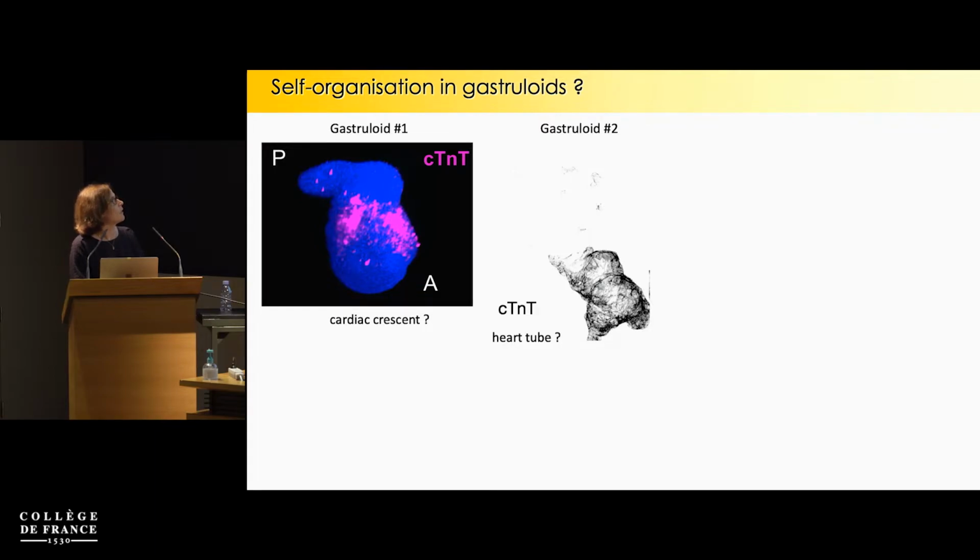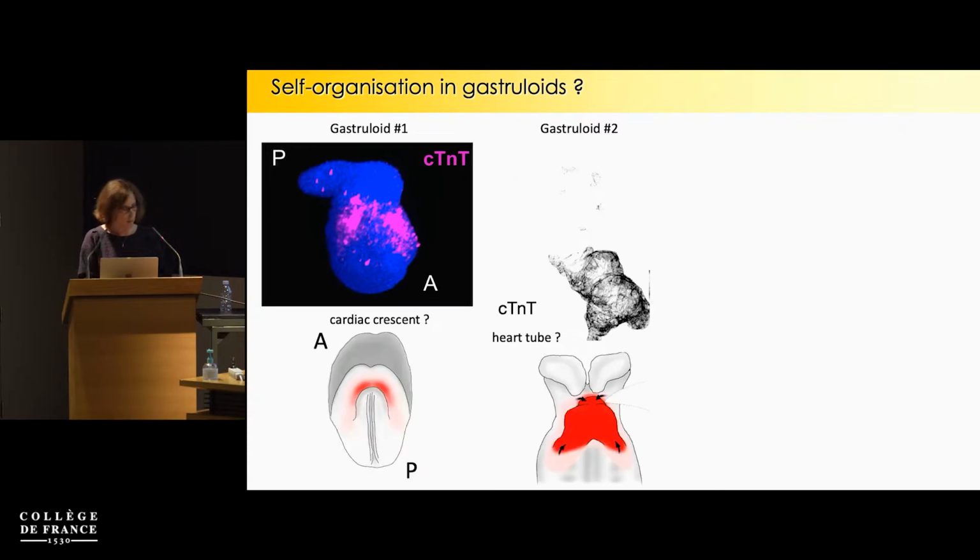So when you look in gastruloid, you can see that you can generate cardiomyocytes, and that the pattern. So in this paper, they describe this organization as a cardiac crescent, and in this alternative paper from a different group, they describe this organization as a heart tube. So indeed, if you compare with the schemes I've presented you before, these structures look quite similar. But if you look a little bit more closely,